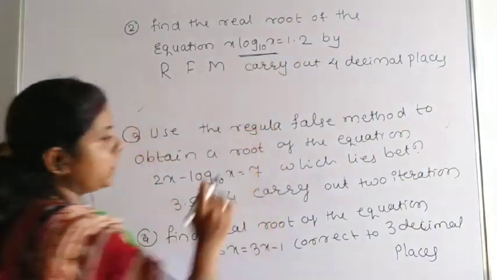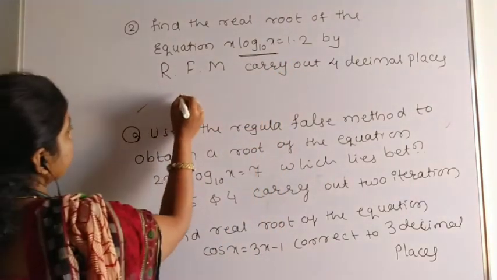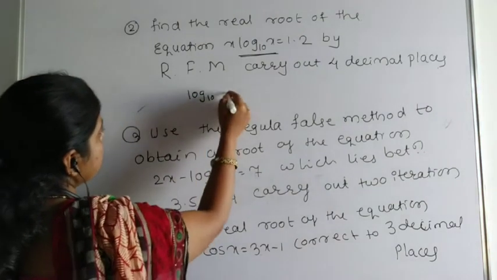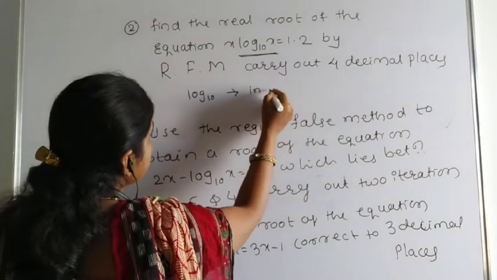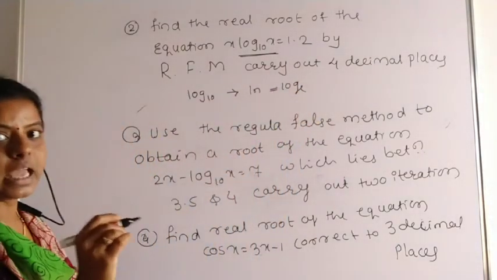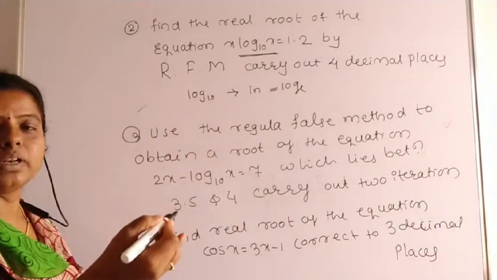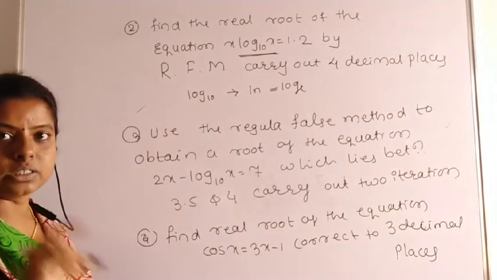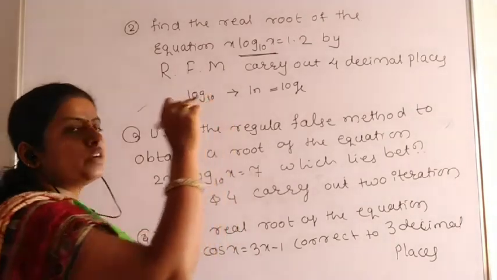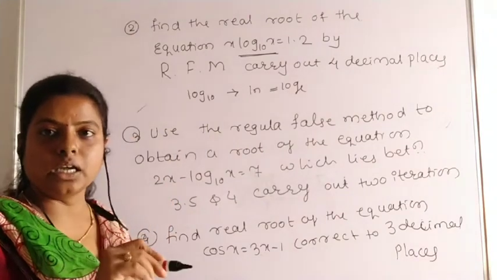This is a main point. In a calci, we have to take the log term. Log is having the base 10 and ln is having the base e. Remember, in a calci, you have to consider the log term to calculate the iterations. Here also the same. You have to substitute first 0, 1, 2, 3 and you have to get the real root.